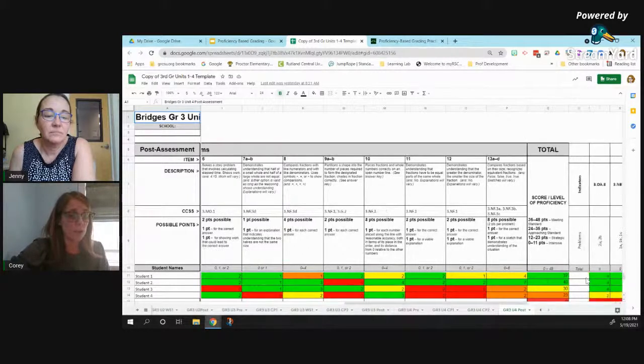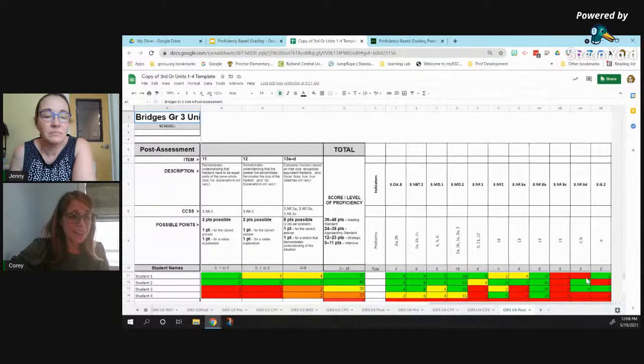So what I've done is I broke it out even further. I can see that while this student met, there are some areas of concern that I need to go back and reteach this student. So I can see this standard here. This is numbers and fractions. I have another numbers and fractions over here and over here as well. So I would go back and I would look at that specific language to those standards to see exactly what it is that's being required of the student. And then I can go back and I can target those specific skills so that the student isn't being pushed forward just because they pass an overall assessment.